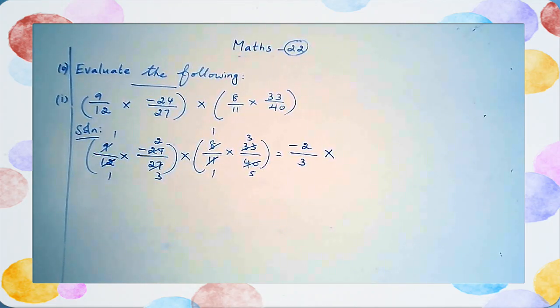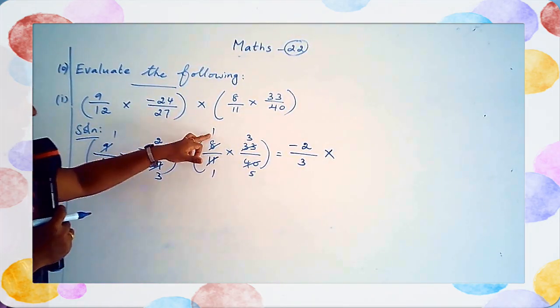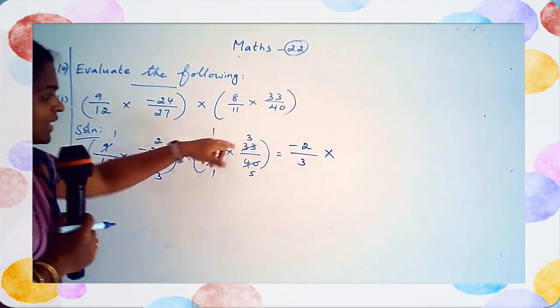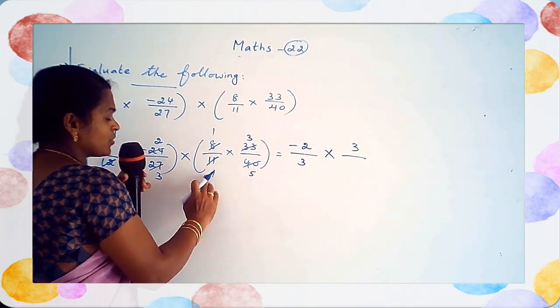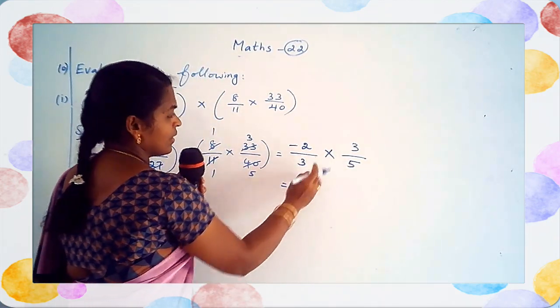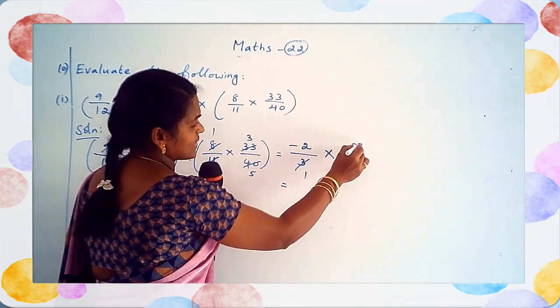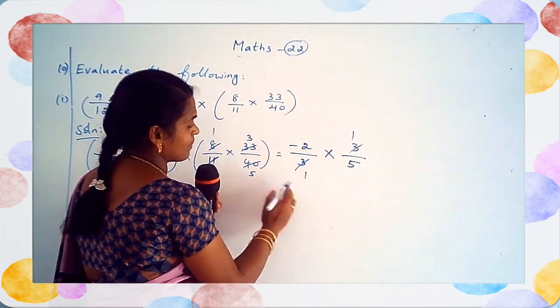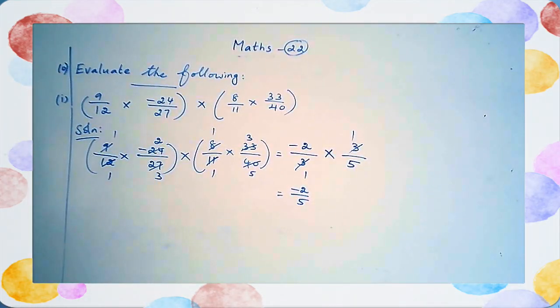Okay children, understood? Yes. So now how much is remaining in multiplication? Multiply numerator by numerator. So 1 3 is 3 upon, here the denominators are 1 and 5, so multiply 1 and 5, 1 5 is 5. Here also it is multiplication. So you see here any common factors? Yes. 1 3 is 3, 1 3 is 3. So the remaining is minus 2 upon 5. Okay children, so the answer is minus 2 upon 5. Clear? Yes children? Now you write it in the classwork note.